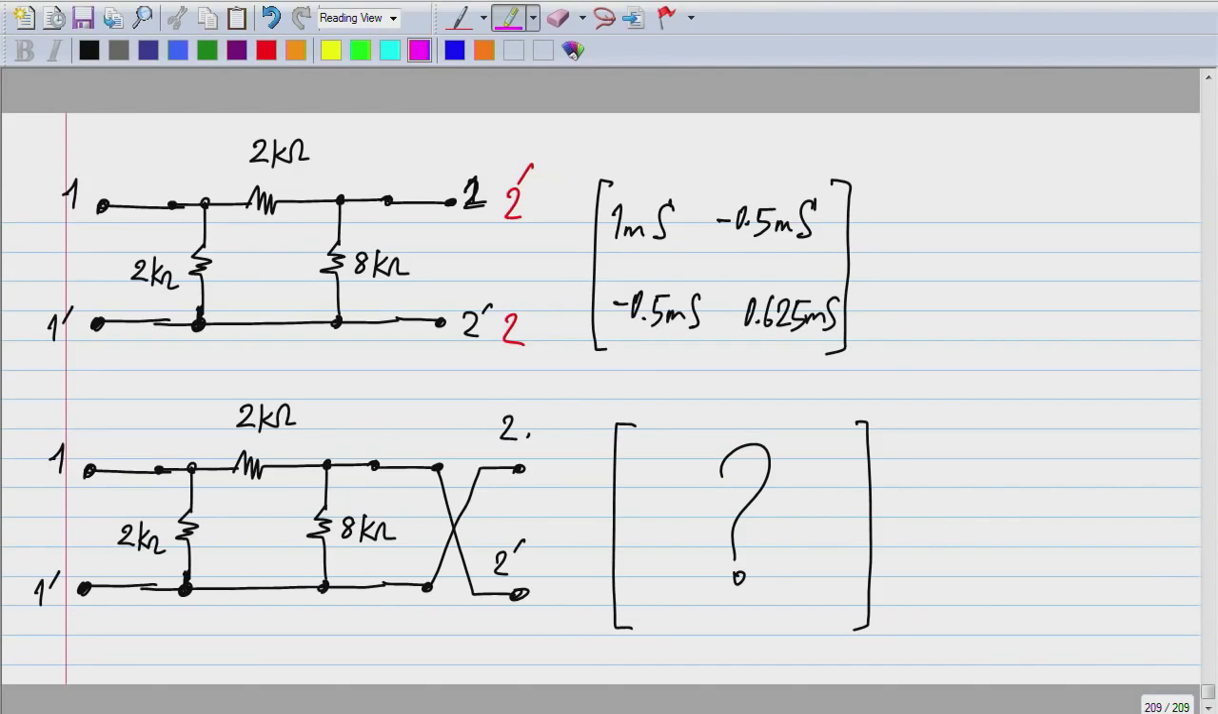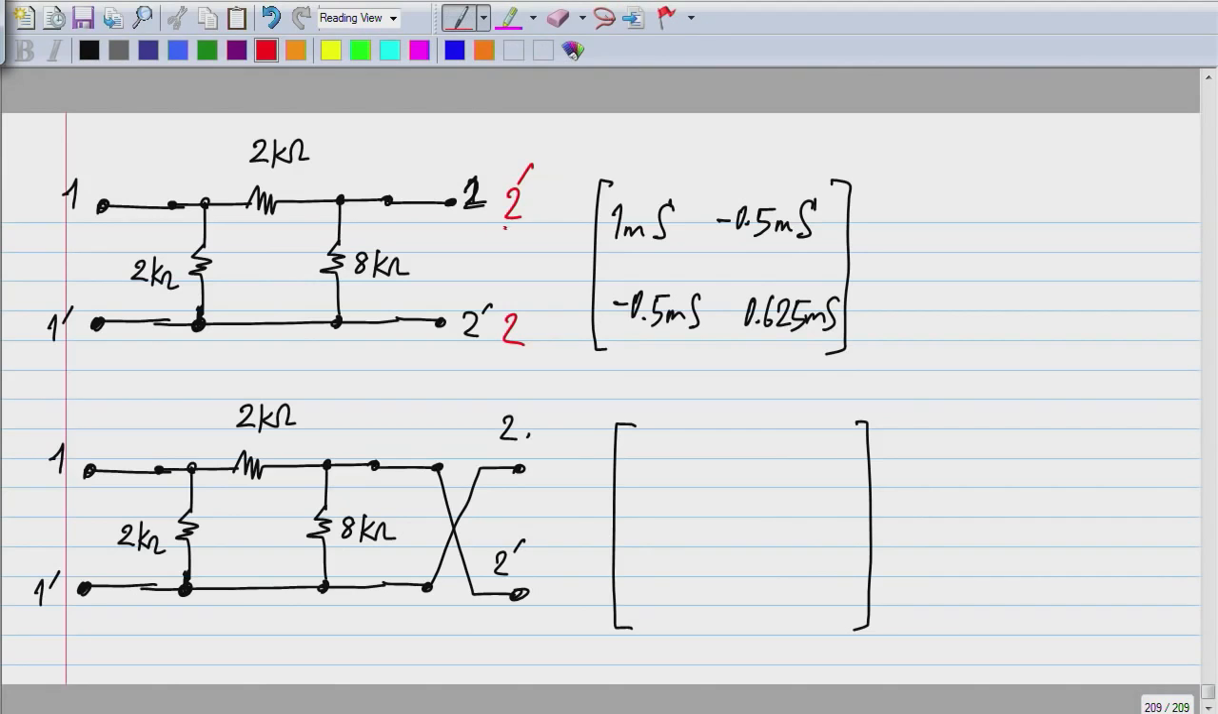Those which are associated with port 2. No, that is not correct. Okay. Yeah, so y12 and y21 will change sign. Okay. So first of all,